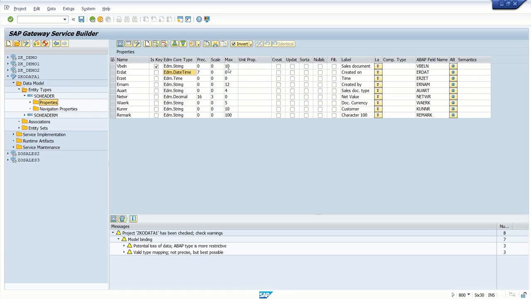So it is always good to create the entity types with the structure if it is possible. If not possible, then definitely we have to create them manually. So once we create the entity types, first click on Save. Now, after Save,